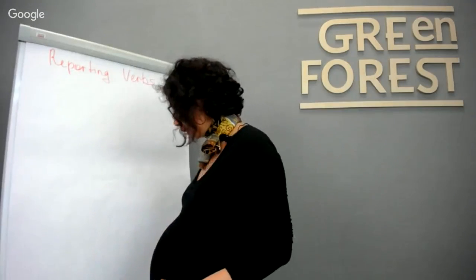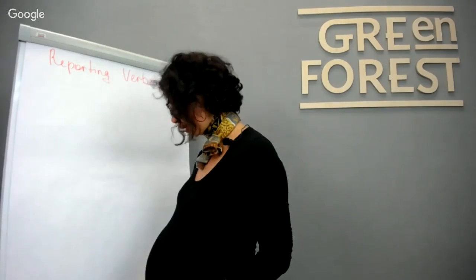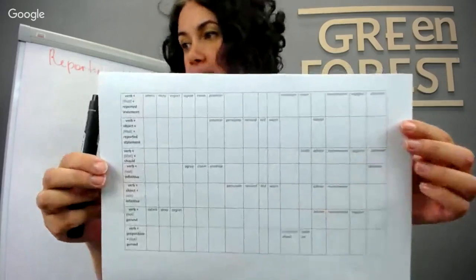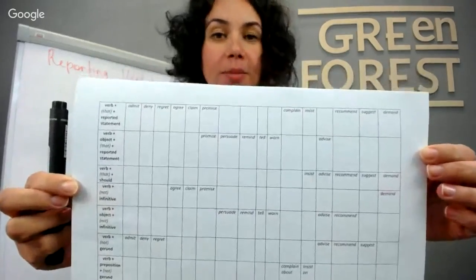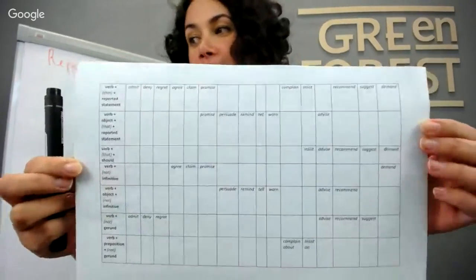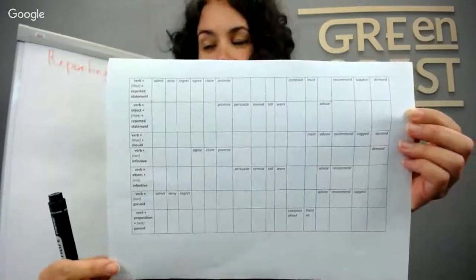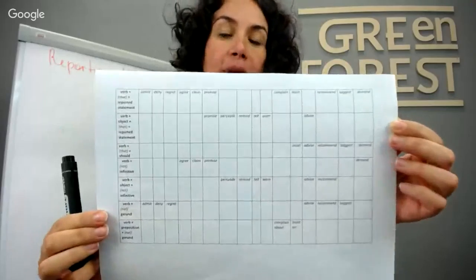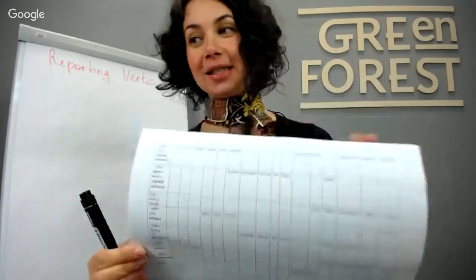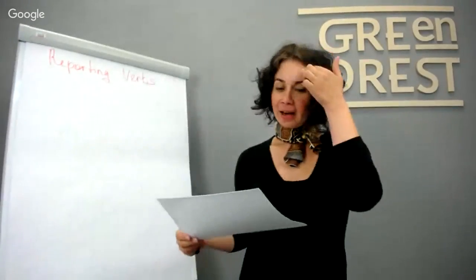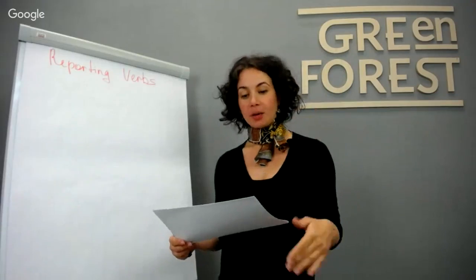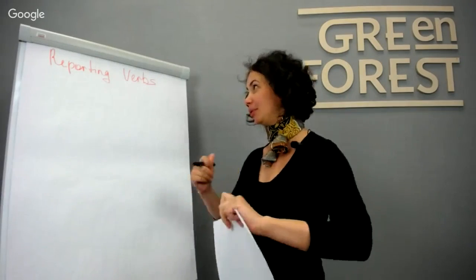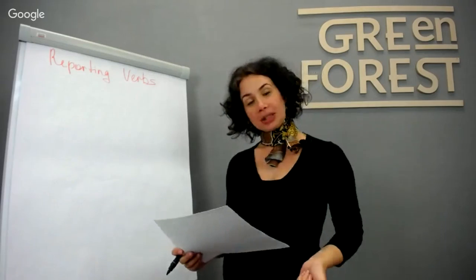There are lots of verbs that can be used with different constructions. I wanted to show you a table. I have prepared it. I don't know whether you can see it well or not, but it seems to me that you can. You can see that we have here different structures that we can use, and here are the verbs that can be used with these structures. What kind of structures I will tell you now, and we will think about what kind of verbs can be used with them. So when we report somebody's